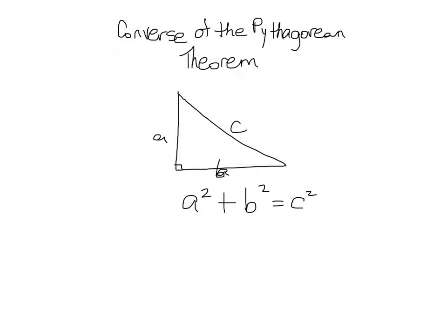Now, what is the converse of this theorem? Well, the converse of this theorem tells us that if this is not true, then the triangle is not right. But if it is true, the triangle is right. So, for example,